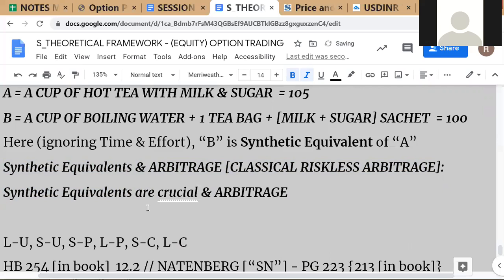If you remember, we have talked about arbitrage-free valuation, which we have not explained yet, but that's because we haven't explained arbitrage first. Once you understand this, then you can talk about arbitrage-free valuation. Synthetic equivalents are crucial to